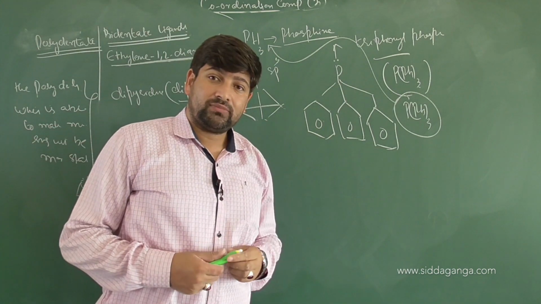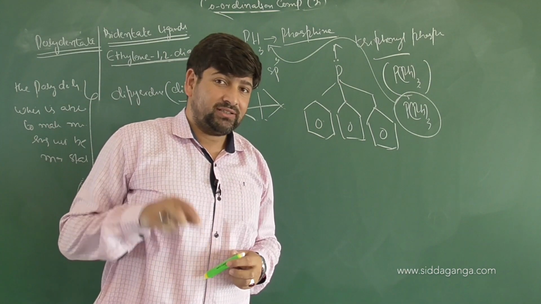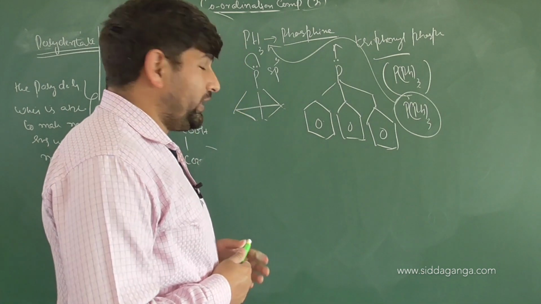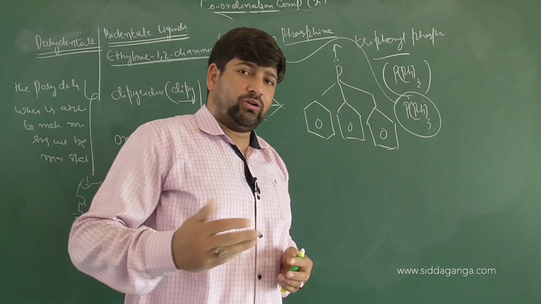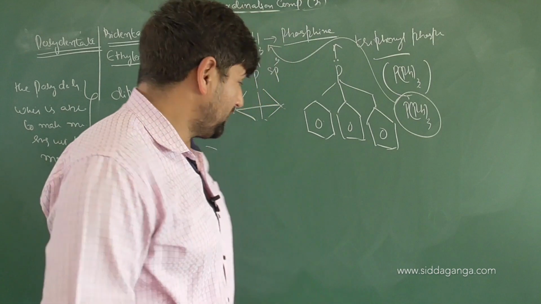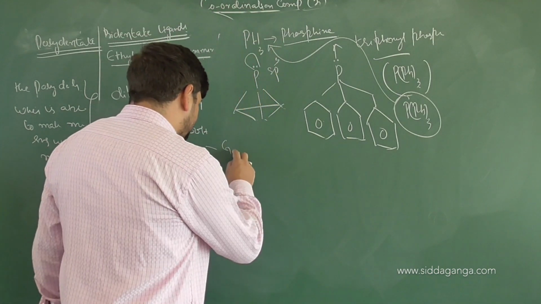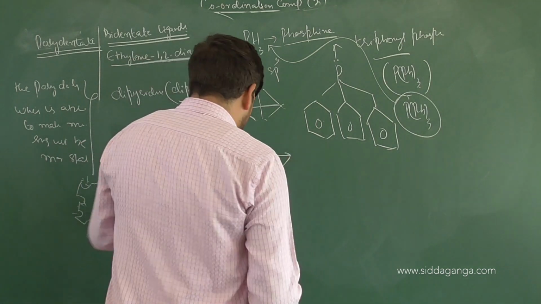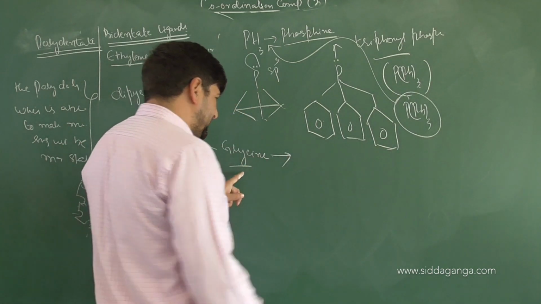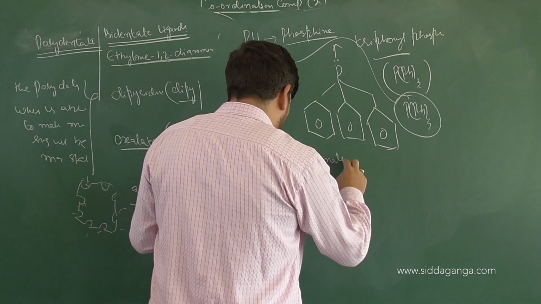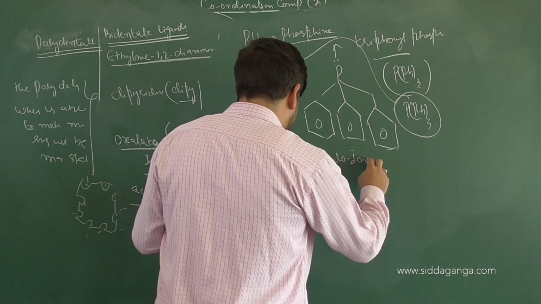Then we can have, as I said about oxalic acid, ethane 1,2-diamine also I have talked about. We have one of the amino acids that can also act as a ligand, and that can also bring chelation. It's a bidentate ligand. It comes from glycine. And once it starts to act as a bidentate ligand, it becomes glycinato-ion. I will show you the structure.